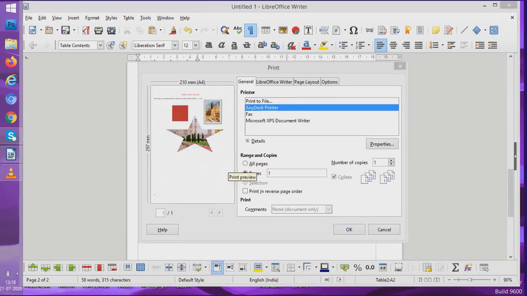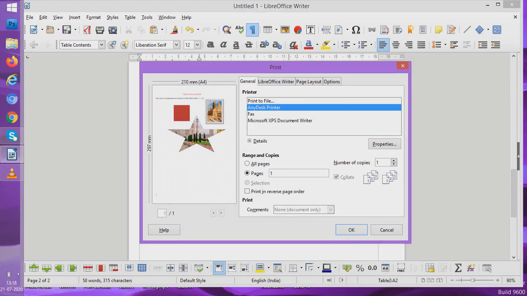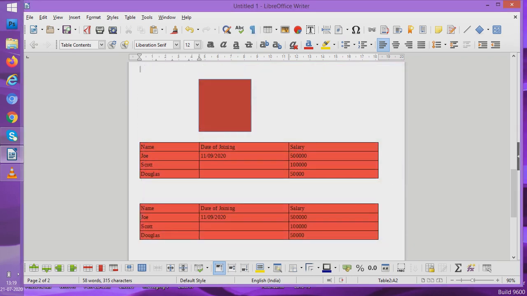So many things are there. How many copies to be printed, it asks. See, how many copies to be printed. So of the same page, there would be many copies. If I say 5, then 5 pages would have the same printout. So these are the options we use for printing, and when I say OK, it starts printing. So students, you understood how we work with printers. So you can print all the pages or one page or multiple pages. So we can give these in the pages option and we can print it.